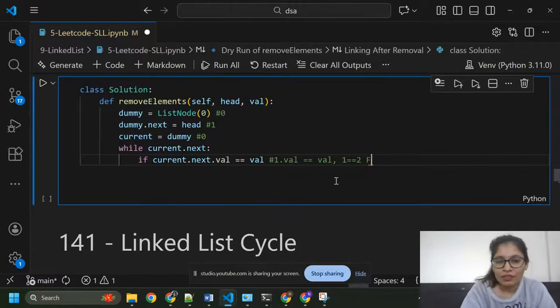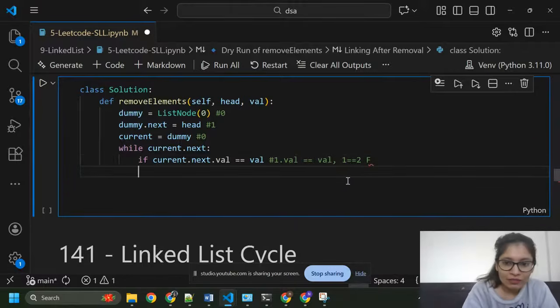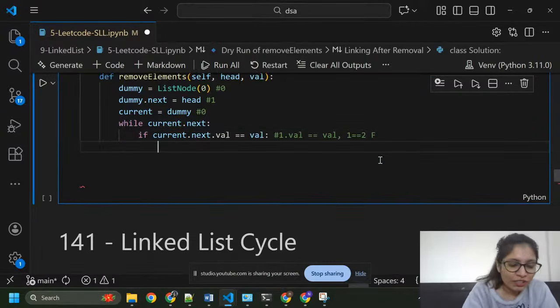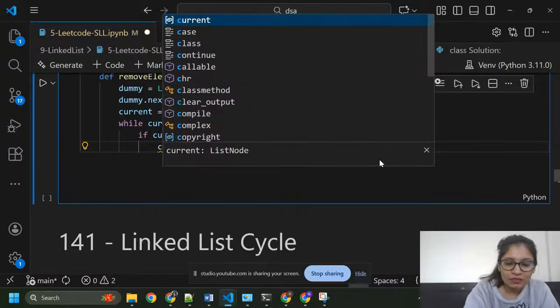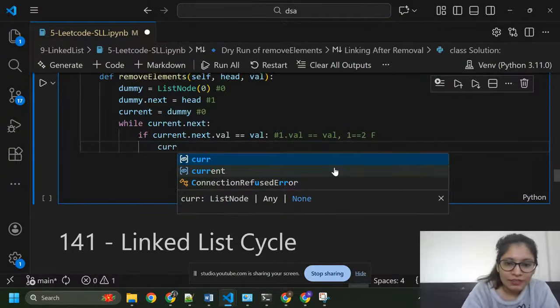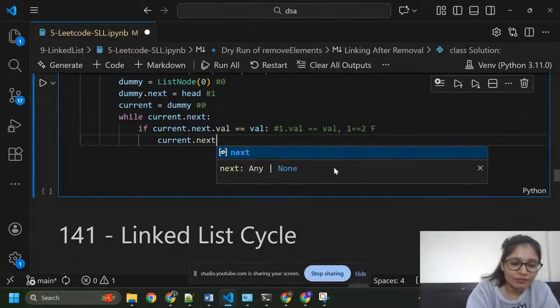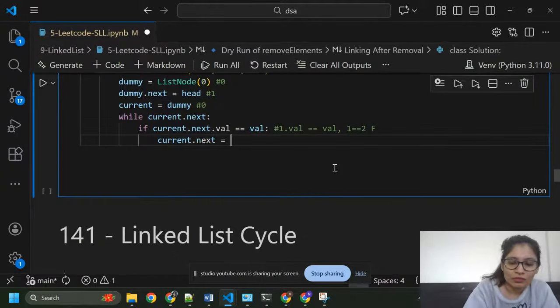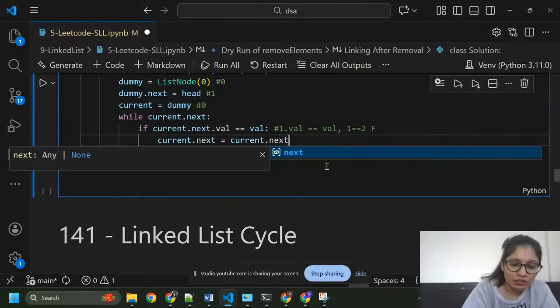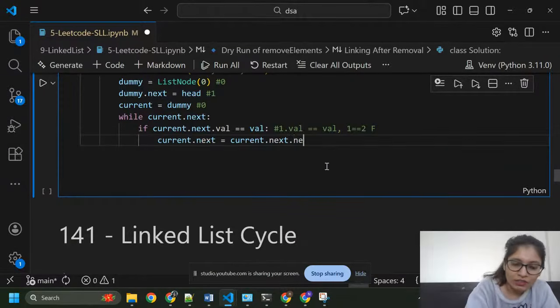If both are equal, then we need to execute this condition: current dot next equals current dot next dot next.